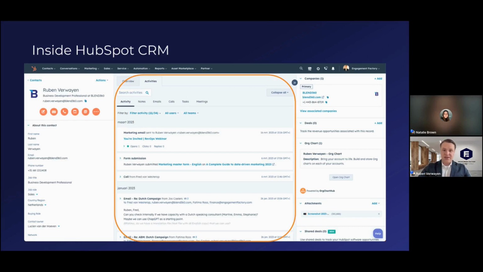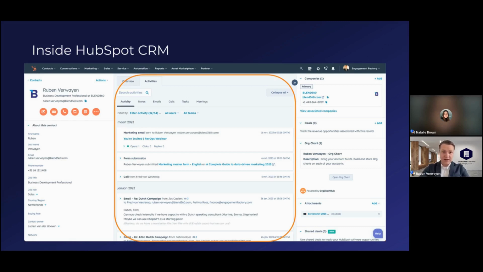I can go to calls and log a call, which is really valuable because you will see what kind of interactions he did on the marketing and on the website part, but also on the sales part. What kind of meetings are planned? What kind of conversations were there? What is the stage of the conversations? Is someone becoming a client or is someone just looking for information? It really helps you